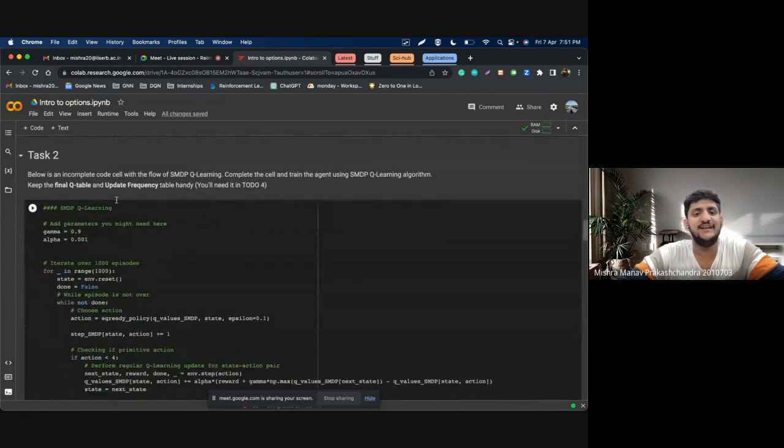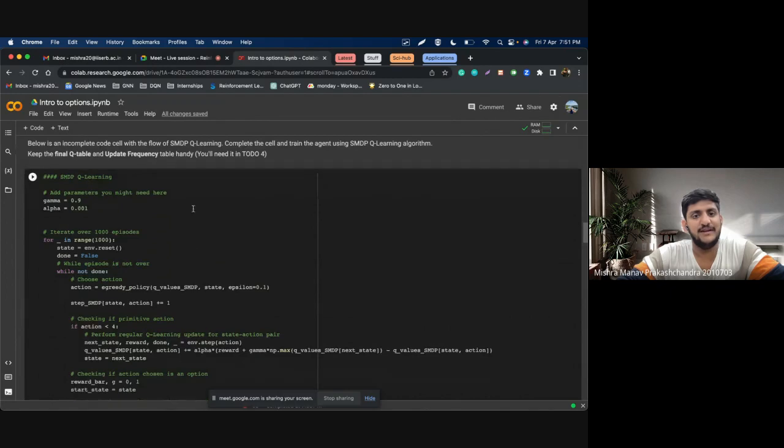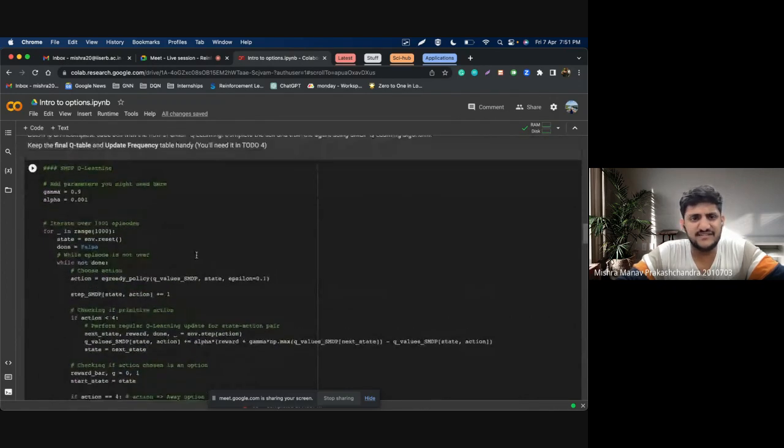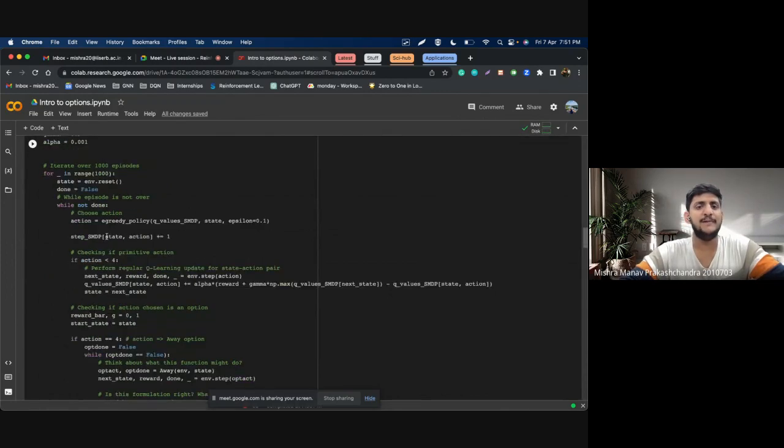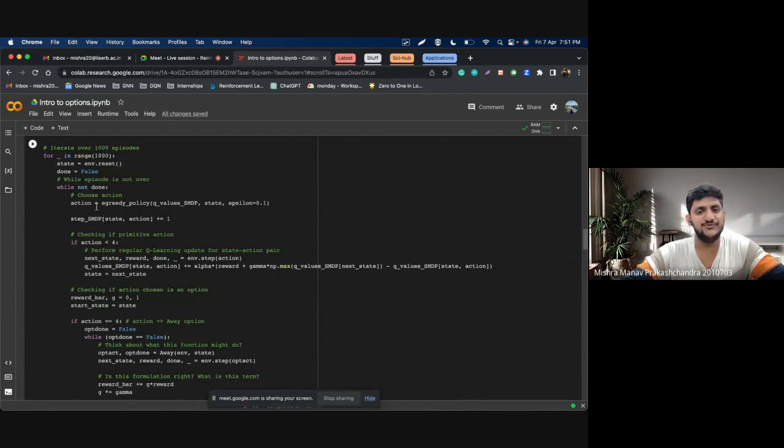Task 2 is an incomplete code with the flow of SMDP Q learning. You complete the cell and train the agents using SMDP Q learning. I think I have already done this. So for SMDP Q learning, you have gamma 0.10, alpha is this value. So you do the updates for 1000 episodes. So you do the reset, done, choose actions according to the epsilon greedy policy, take account of the number of